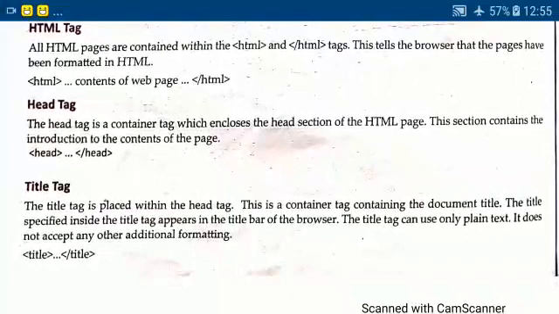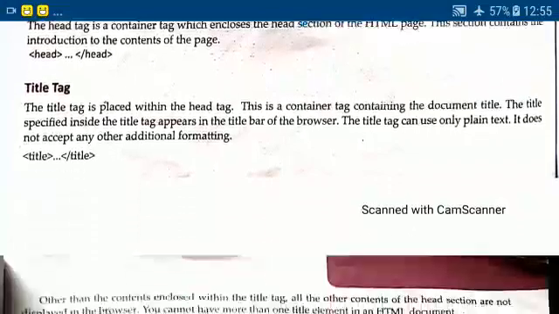This title tag can use only plain text. It does not accept any additional formatting. So you will write it, and this is also a container tag because the opening and ending tag is there, and the closing tag is there with a slash. So this is also a container tag.